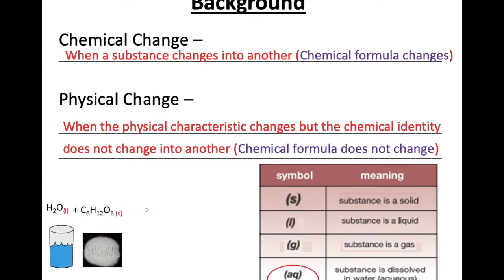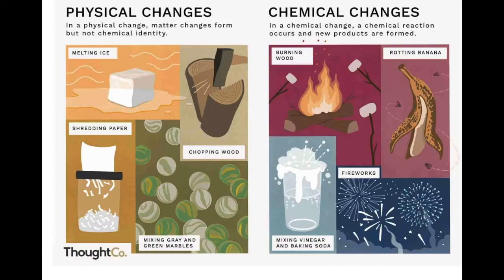If we wanted to look at an example, if we dissolve sugar in water, we get a liquid, water, plus sugar, a solid. And if you've ever done it, it creates this gooey, sugary, watery mixture. That's an example of something that is aqueous, and that is an example of a physical change. Physical changes look like melting ice, chopping wood, creating a mixture, shredding paper. The chemical formula of those doesn't change, but the actual matter